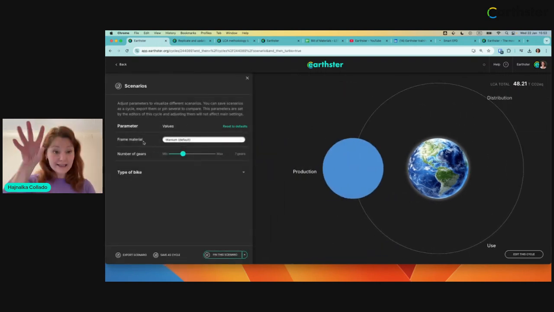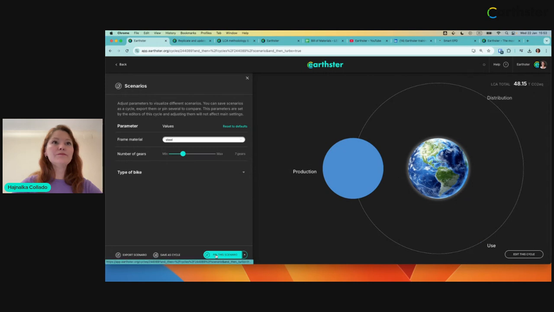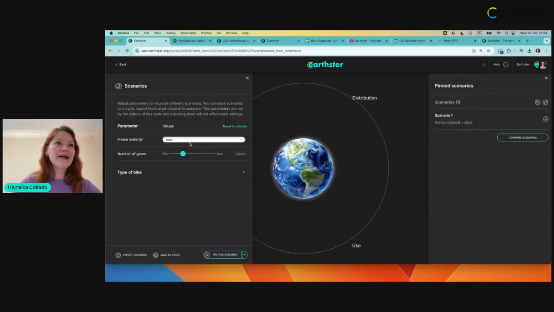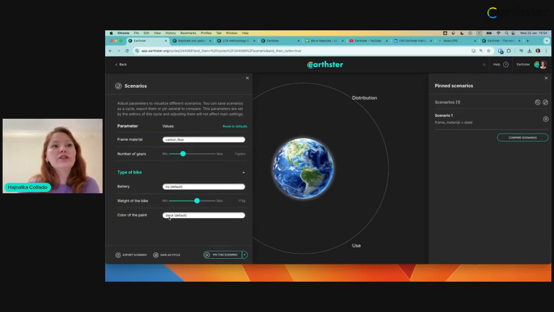This is a simple model. I can say that this is a bicycle. And let's see what happens if I have a steel frame. It recalculates the value. I can pin it. And then I can have different versions, see what happens with it. Pin all these, create comparisons out of it, or save them as a cycle, export as a scenario. Now imagine you manufacture bikes, and there's more options here. You have all the colors, everything, and you're talking with your client in a sales meeting. You show them that,